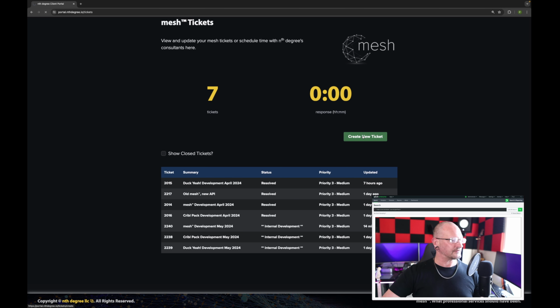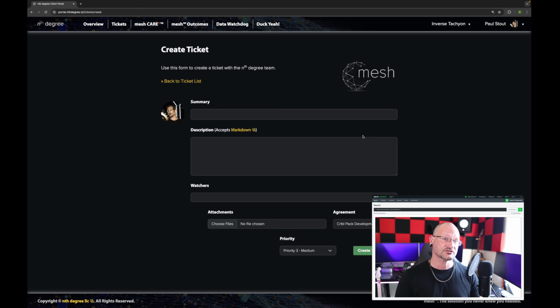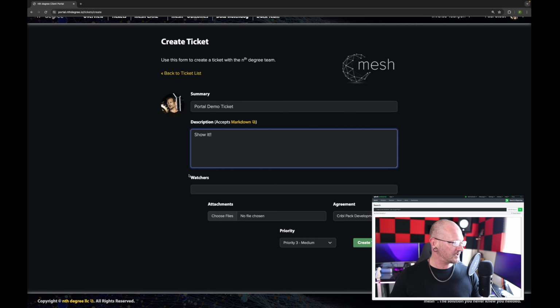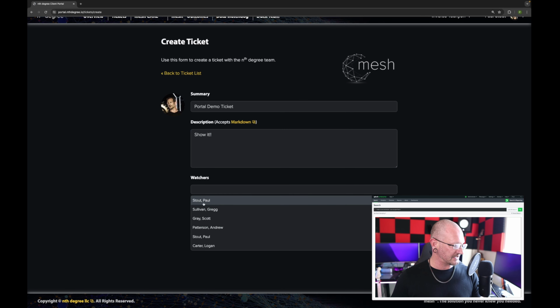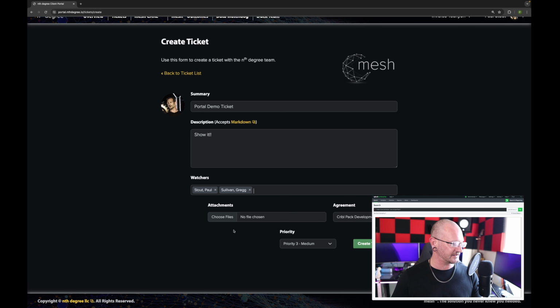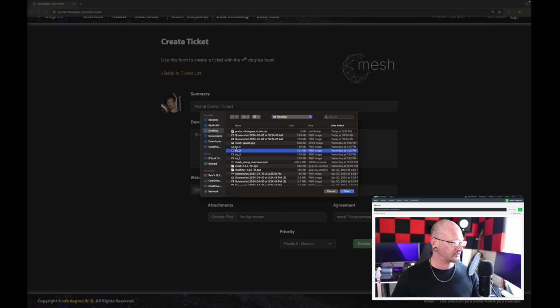Let's go ahead and create a new ticket. We can show off some of the additional functionality in this. So we still have the same watcher functionality. I can add other account of mine if I wanted to, add Greg on this. Here is a new one in that, well, let's change our agreement to Mesh. We can now attach files directly to this. So I'm going to grab just